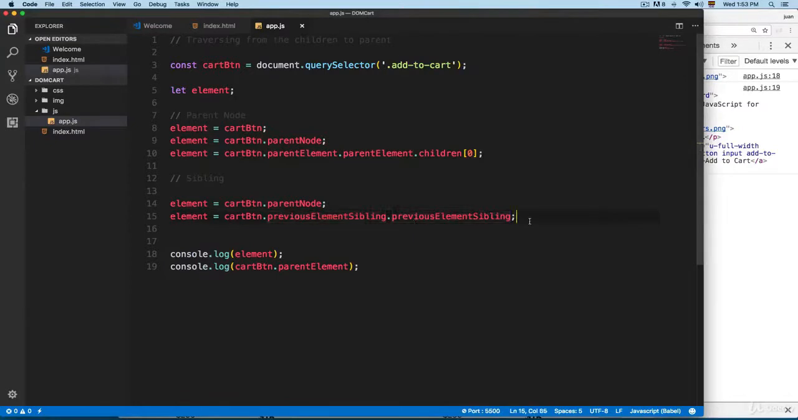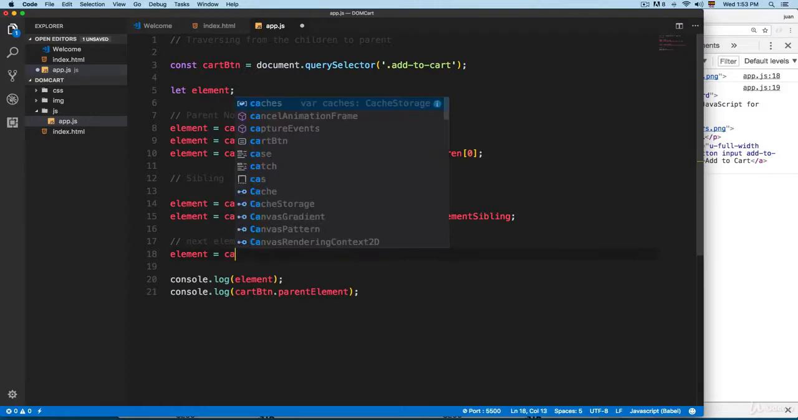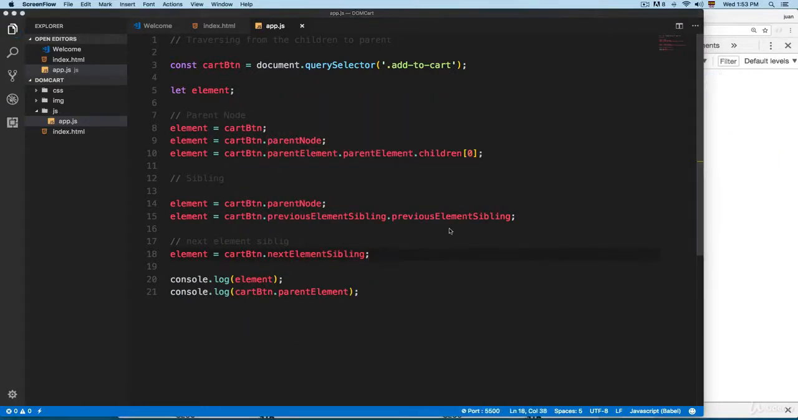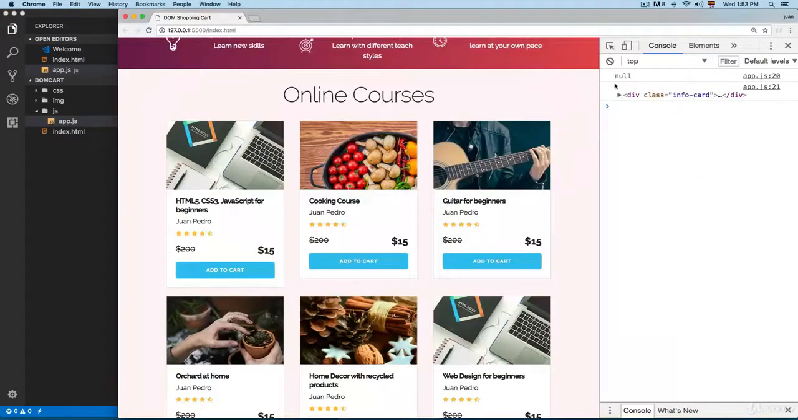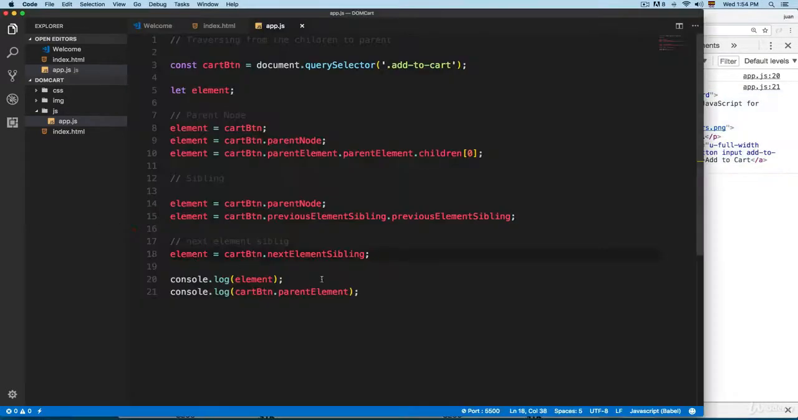Same as we have previous element sibling, we're gonna select, for example, the next element sibling. So we're going to add something like this. We're gonna add next element sibling. If we add element equals to cart btn, and then we add next element sibling, it's going to print something like null, because if we expand this, there is no next element, and this is the last element already. But we can add something like this. We're gonna copy this,